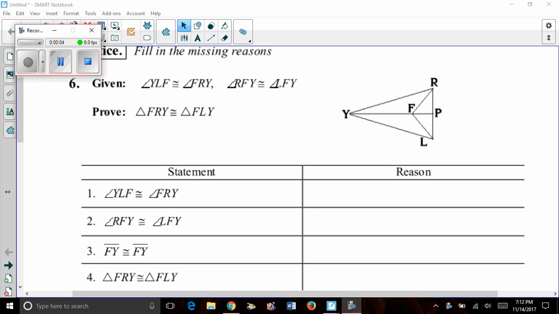I want to offer up some help with proofs concerning congruence of triangles. I know they can be pretty tough, so I want to focus in on what is happening and ways to really think about and process these triangles. So with any proof, we always start with our given statements. We see we've got two parts that are given,